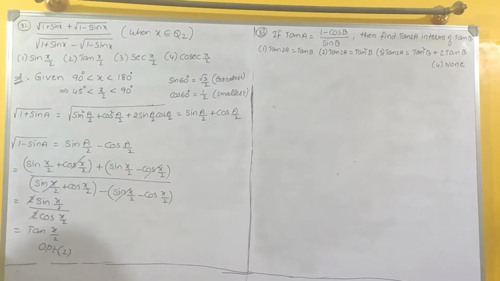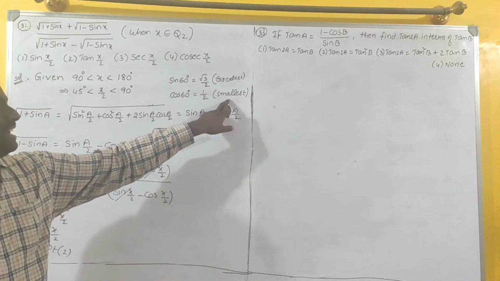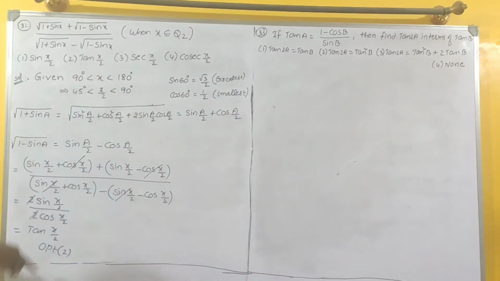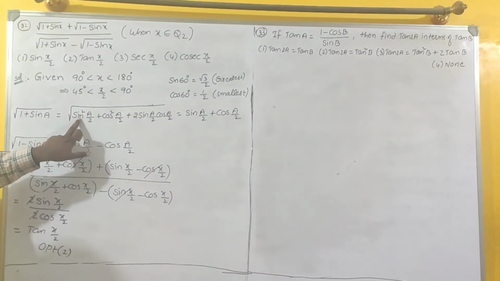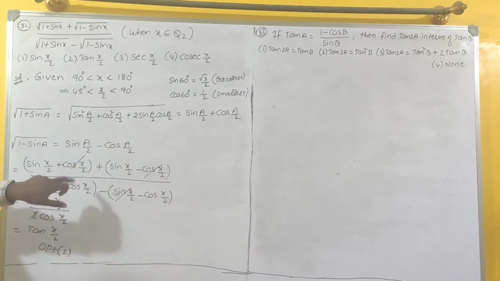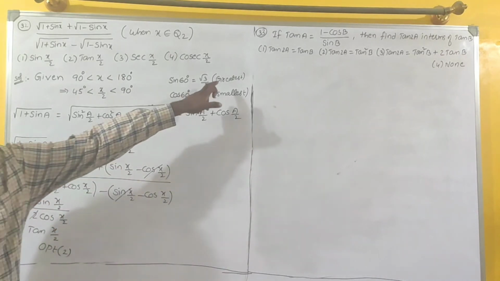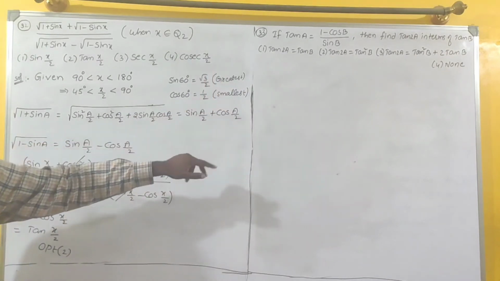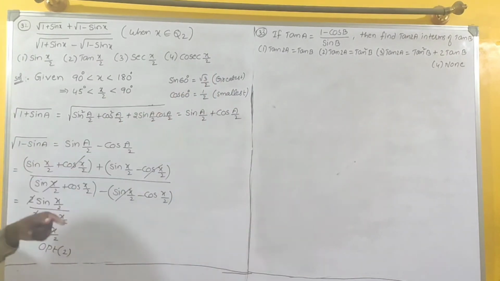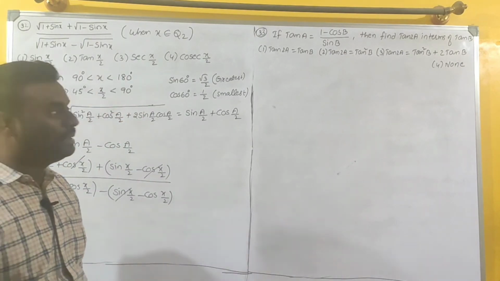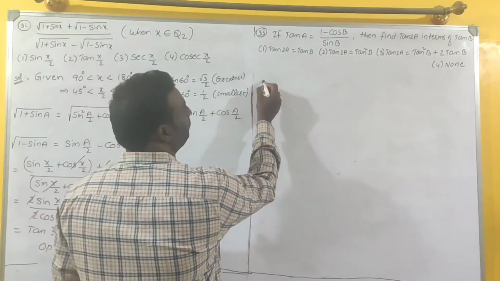Maybe the question is given another way. Another means here cos is the greatest, sin is the least. In that case, first you write cos, next you write sin. Here also first you write cos, next you write sin, depending on the greatest and smallest. Here sin is greatest, first sin, next cos. That's why I wrote. This is a very, very important condition. Next, coming to the 33rd question.